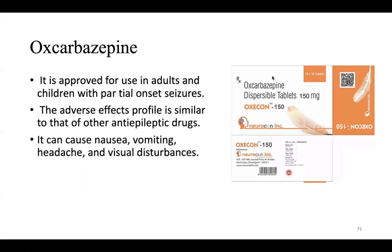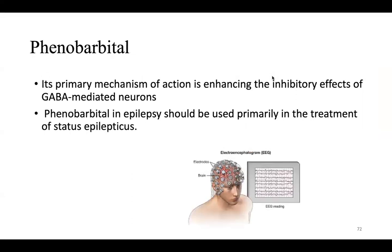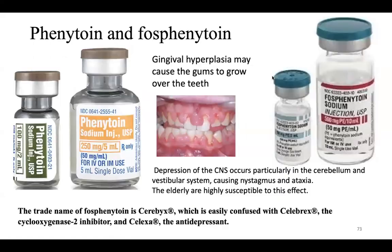Next drug, oxcarbazepine. It's approved for use in adults and children with partial onset seizures. Next, phenobarbital. Next, phenytoin and fosphenytoin. Phenytoin is effective for treatment of partial seizures and generalized tonic-clonic seizures and in the treatment of